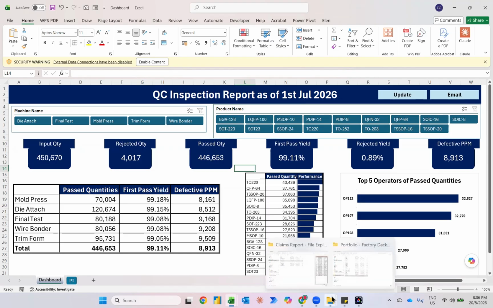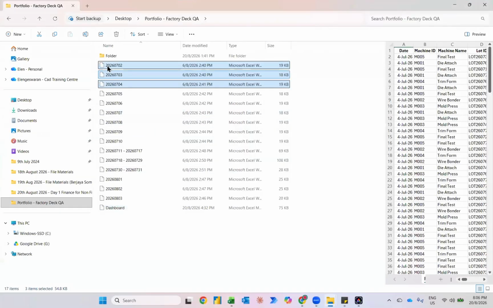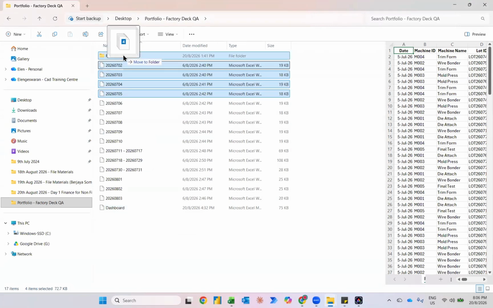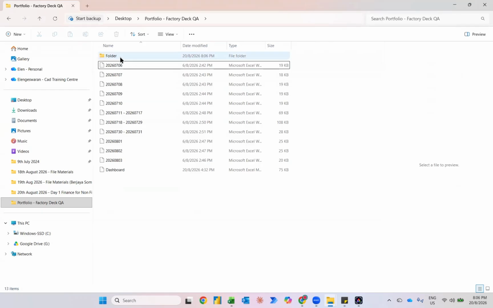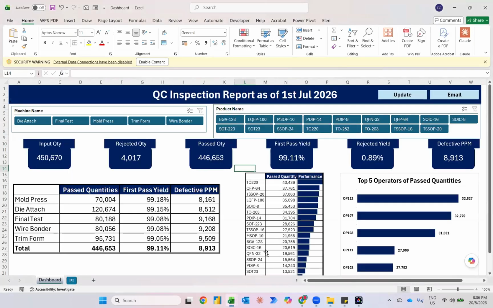So what I'm going to do is, saya akan pindah kepada folder saya ni. So dalam folder saya akan klik mana-mana file ni. So I'm going to select all these files. And bila saya masukkan ke dalam folder ni, so I masuk ke dalam folder, and then what I'm going to do is, when I go to my Excel file ni, I go to Excel, and when I click update,